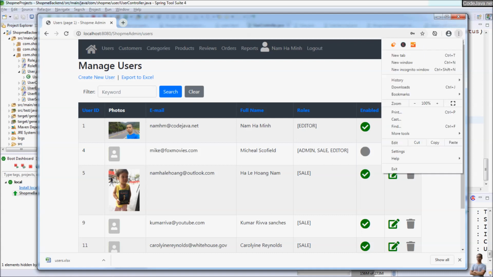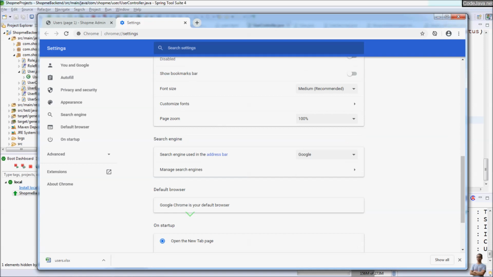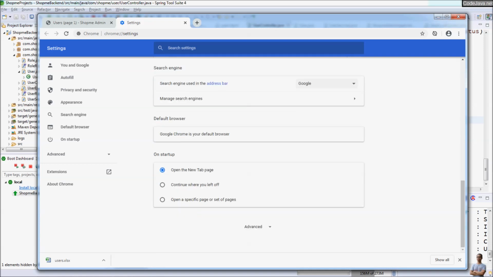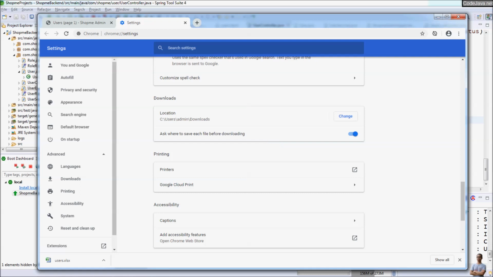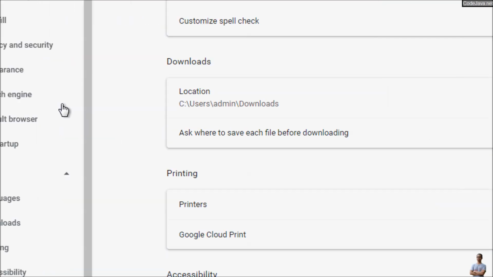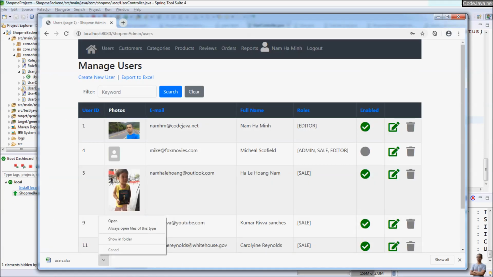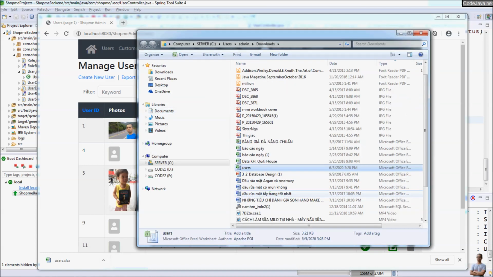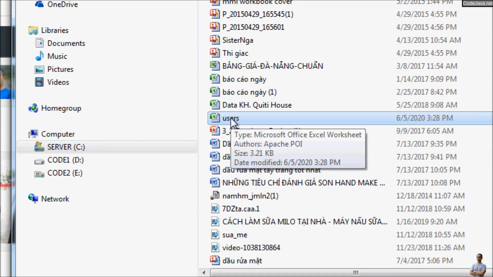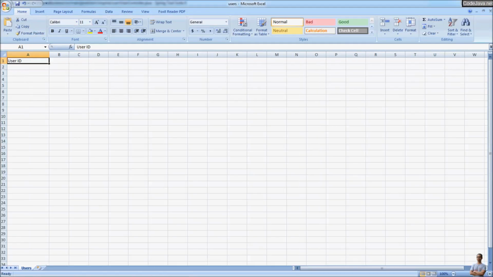Let me configure the Chrome browser to automatically save the file. Uncheck here to let Chrome automatically save the downloaded file to this directory. So I uncheck here. Okay. Now open show in folder, and we have the generated Excel document here. And double click to open in Microsoft Office Excel,